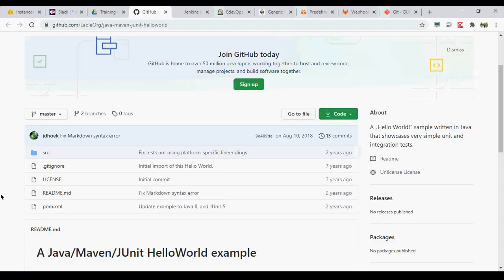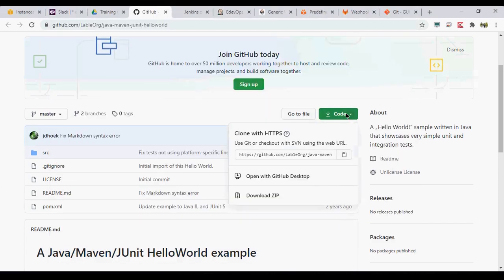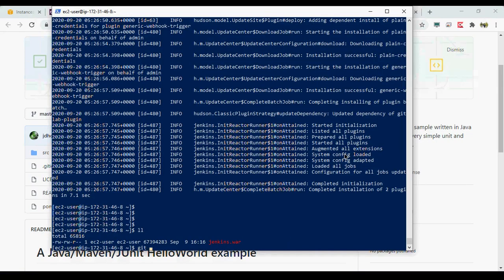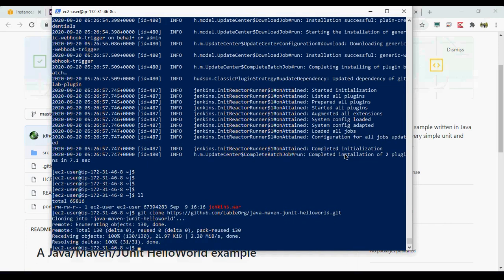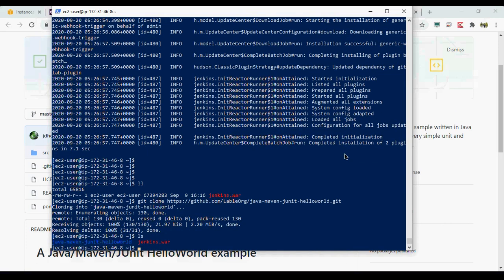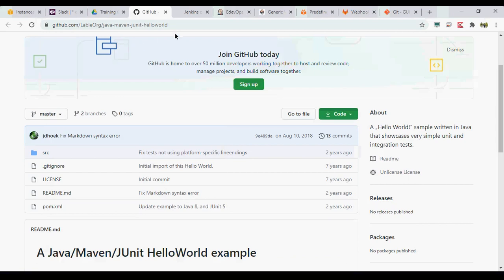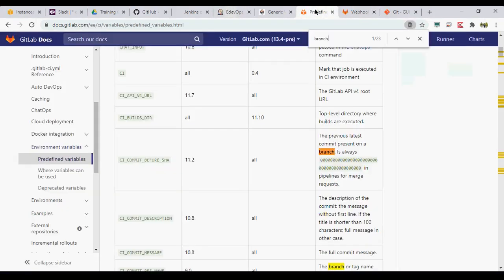That means we can do it right straight away, and I will help you a little bit. So do git clone. This code would be cloned to your local repository, the local EC2 instance. From here, you push this code to your GitLab.